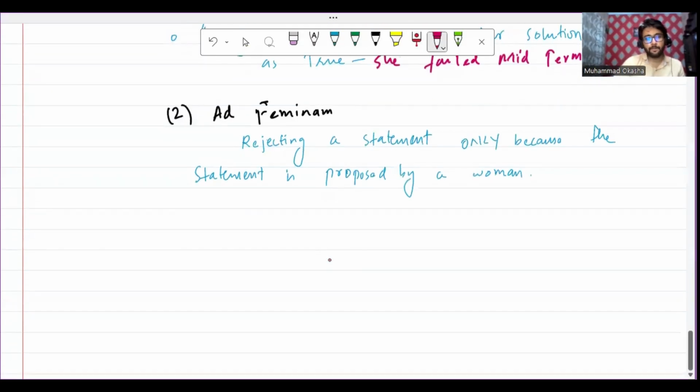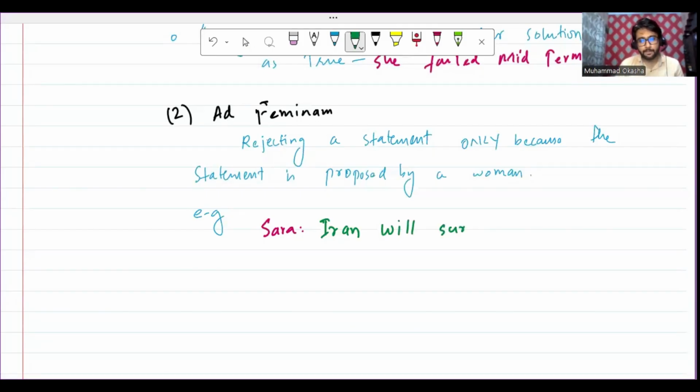For example, if a girl says something, let's say there's a woman, Sarah, and Sarah says, well, Iran, I'm just making it up, Iran will surrender